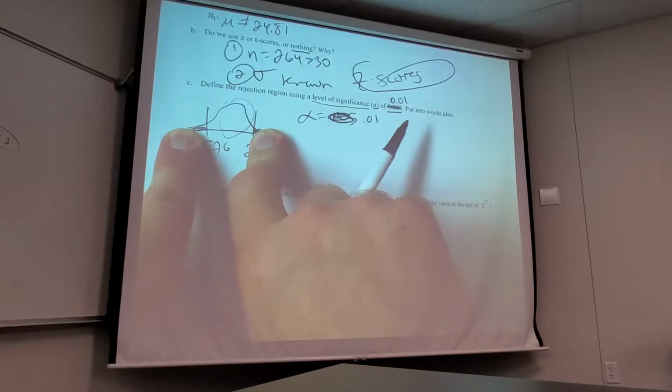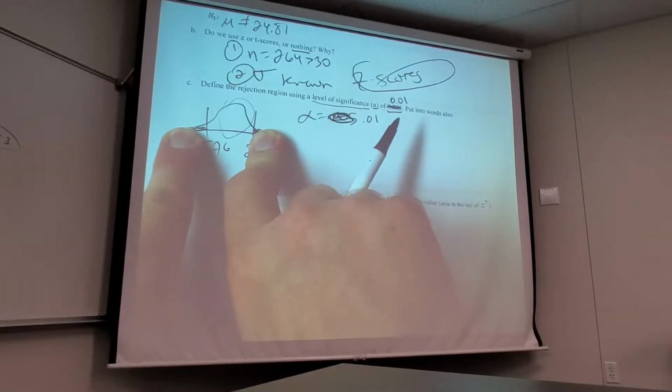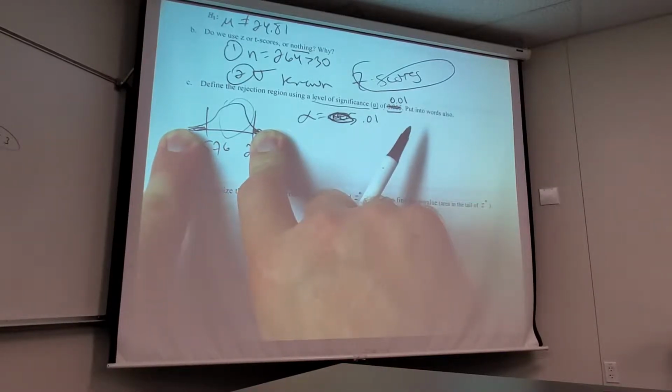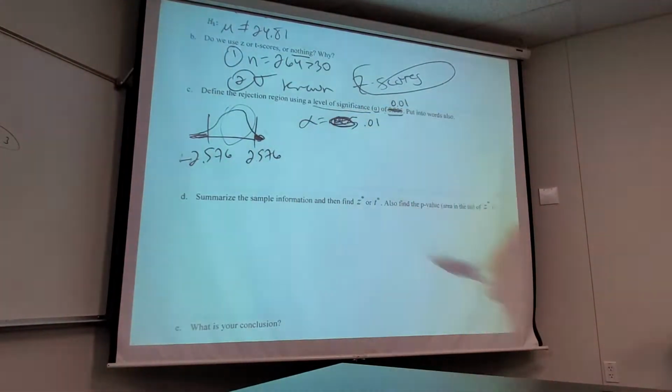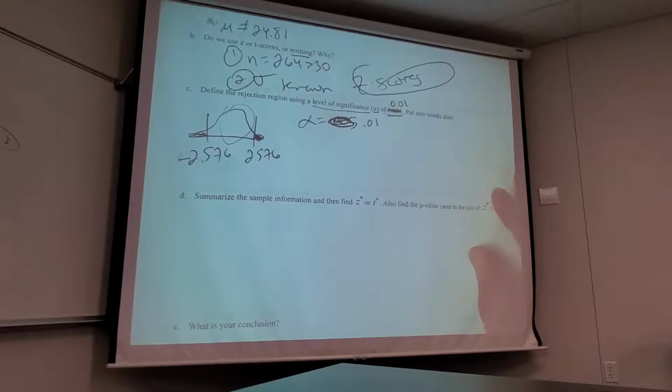So if it was one tail, is it the part that's not shaded, or is it always the part that's shaded? It's always the part that's shaded. And it's got to be in the tail. So again,